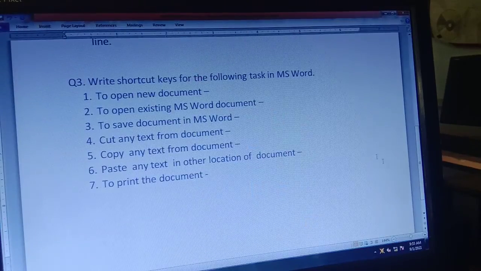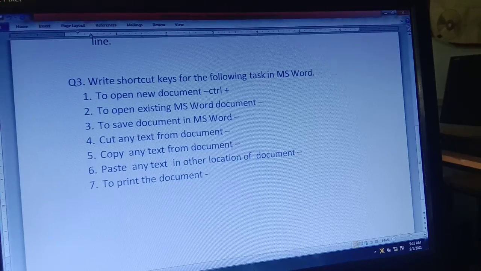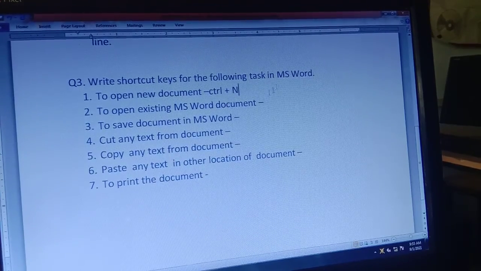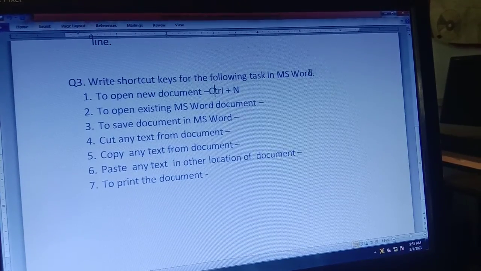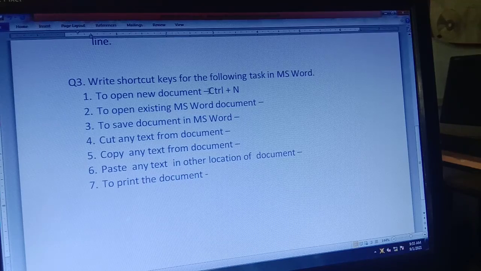But to open a new document with the help of shortcut key, how will you open? CTRL plus N keys together. ठीक है, CTRL and N keys together. Let me show you.